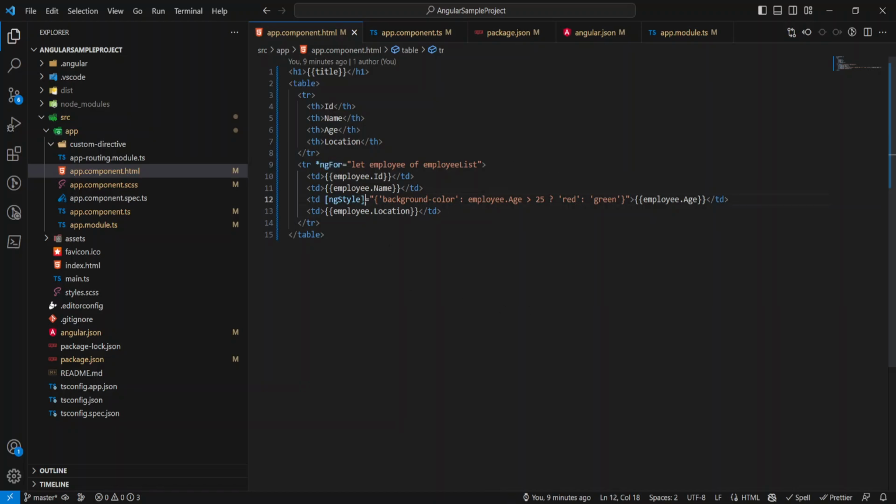And here is one more attribute directive that we are using, that is ngStyle, and it works on the employee age column. If the age is greater than 25, we are setting the background color red, otherwise it is green. So if we run this application,